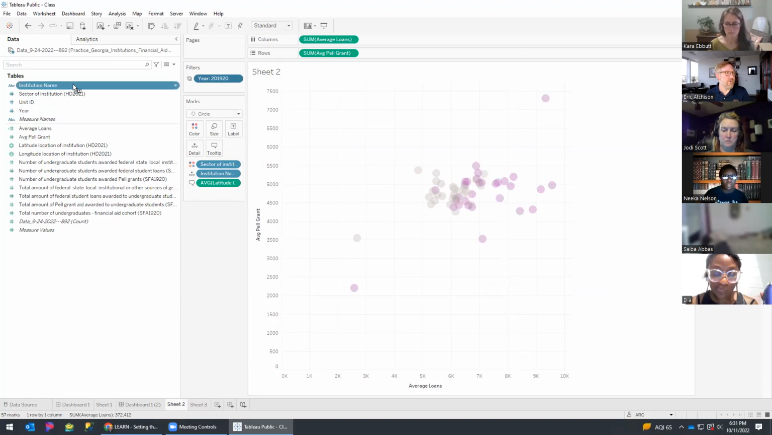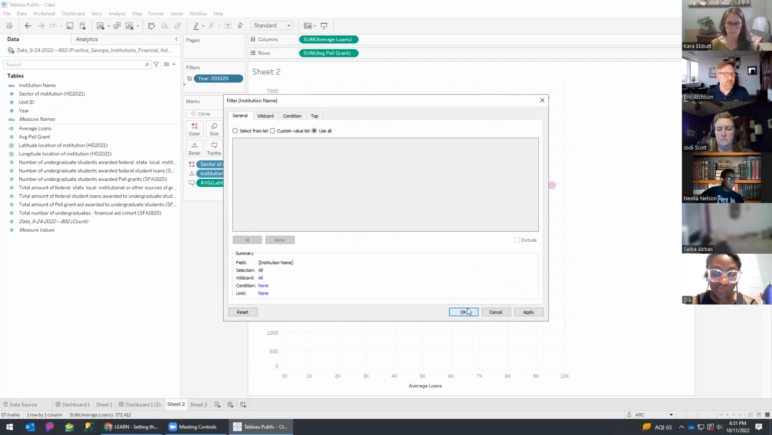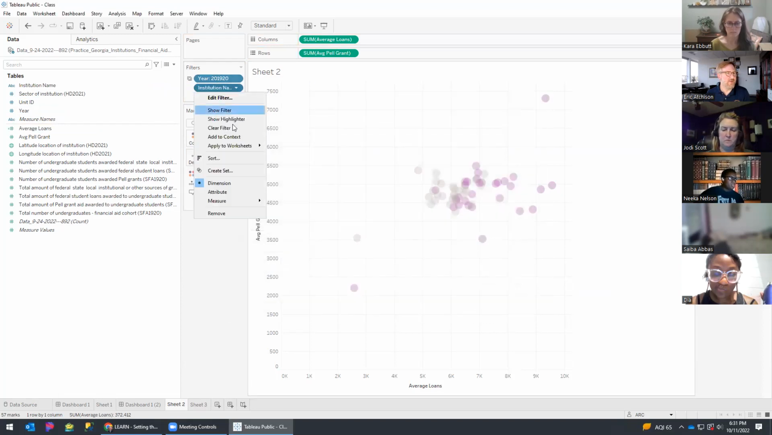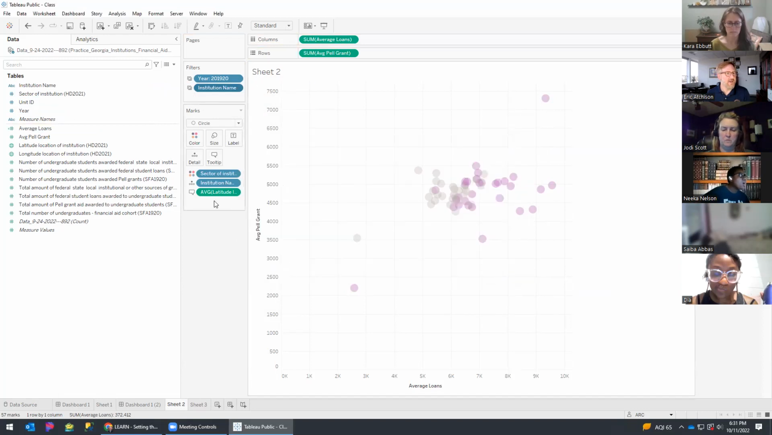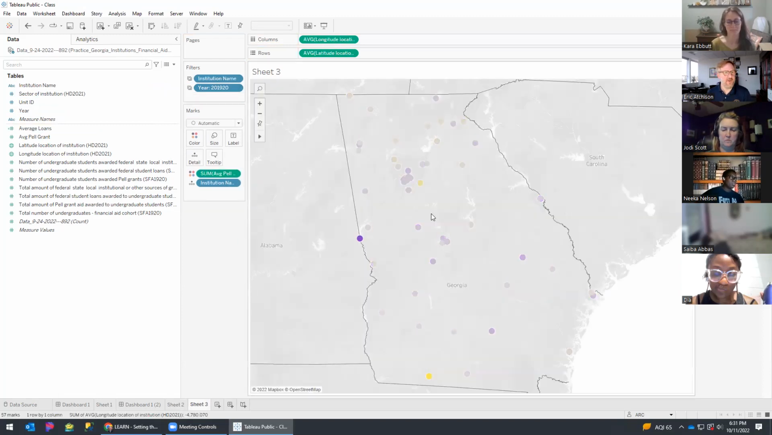And I also want to filter by institution, but we're not going to actually filter for any institutions. I want to apply that to sheet 2 and sheet 3. Now, I just did a lot, right? I created,